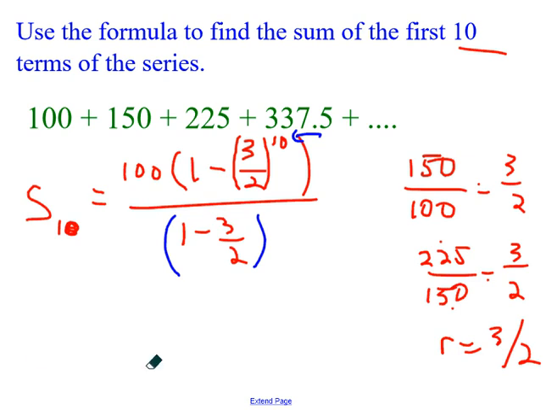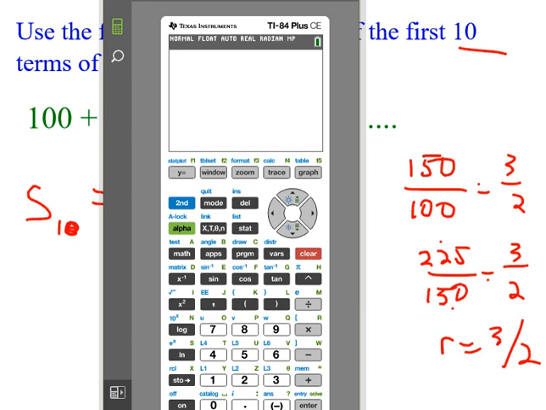So if I pull up my calculator, I'm going to take 100 and multiply by parentheses 1 minus, again parentheses, 3 divided by 2 to the 10th power. I want that 3 halves to the 10th. And then I am going to end the top parentheses, and I'm going to divide by my bottom, which is